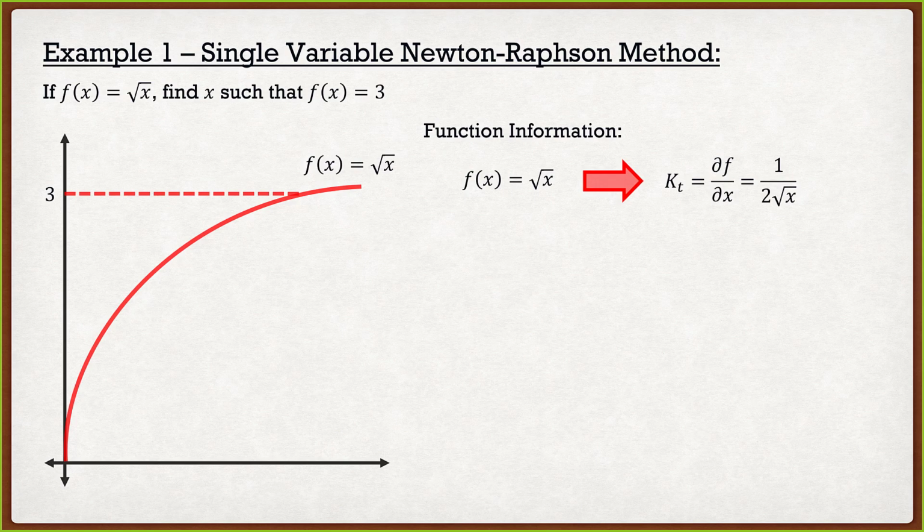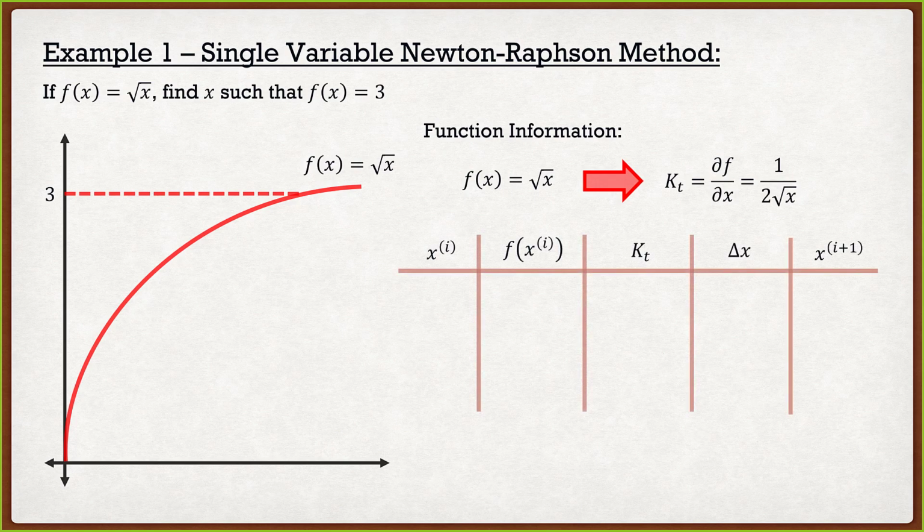Let's see what this Newton-Raphson method does to get us to a value of 9. I'm going to make a chart of all the parameters. The first thing we're going to have is that initial guess, and I'm going to say my initial guess is 1. On our chart I now have a value of 1, and again, this is just a guess. You guys can guess whatever you want to start. It will impact the speed it takes, but not really a lot. So I'm just going to say it's 1.